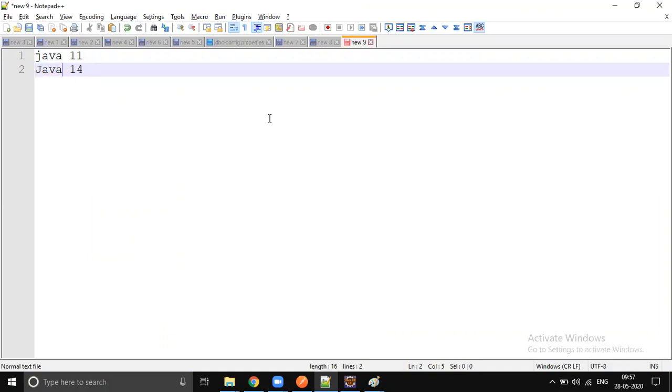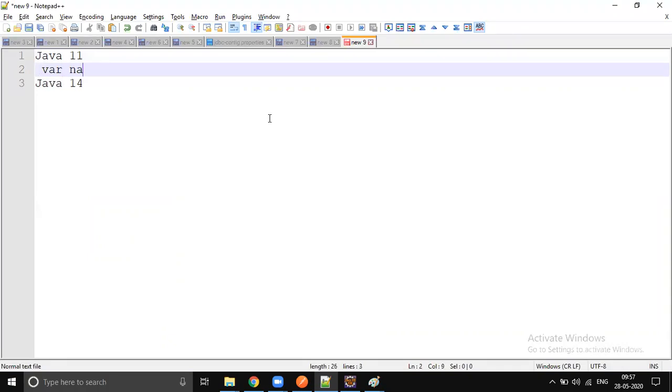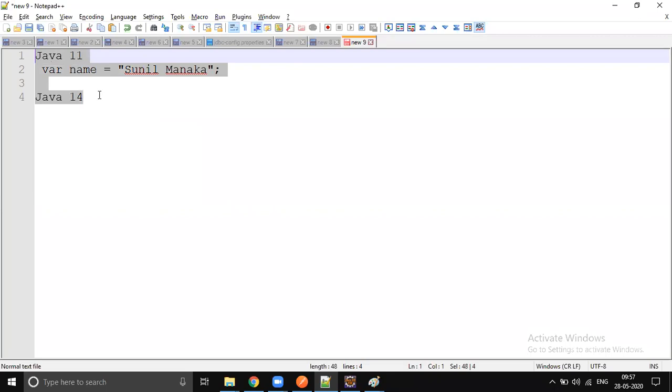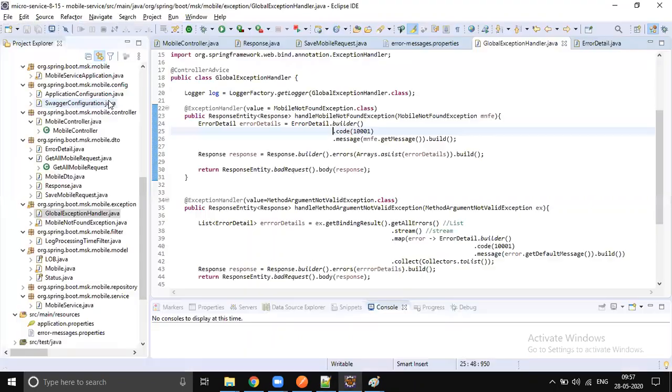Let's use the latest version. You will get more benefits. You use Java 11 and write code like this, right? var name equals like this. That's a Java 10 feature. The var keyword is allowed in Java. Performance wise, Java 11 is good, so it's better to use Java 11 and better to upgrade. But anyway, at least we are not going there, so let's focus on Java 8. Java 8 is the minimum version if you are starting any project.